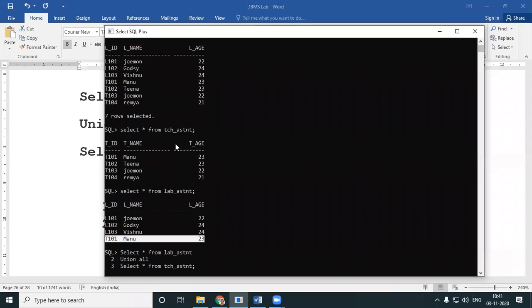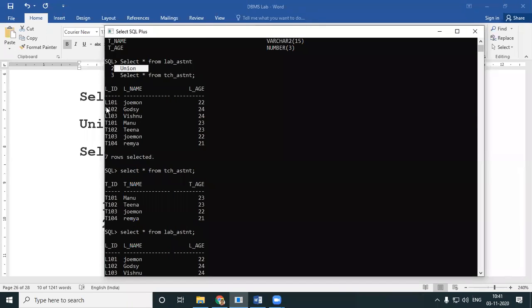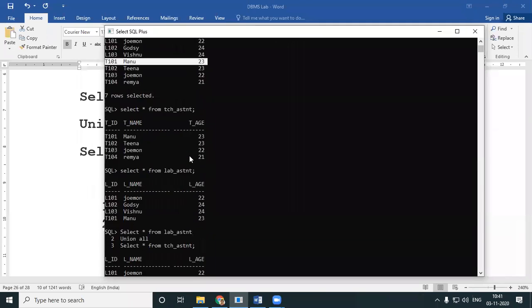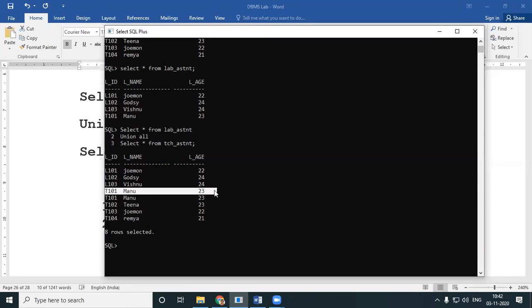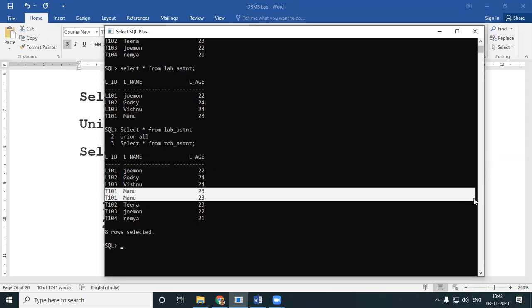So when I did a normal union, T101 Manu happens only once. The common rows happen only once, but L101 Jomon and T103 Jomon are different. That is why Jomon appears twice, but Manu appears only once, because repetition is avoided in union. But when I go for union all, even the repetitions happen. The common rows appear twice in union all.